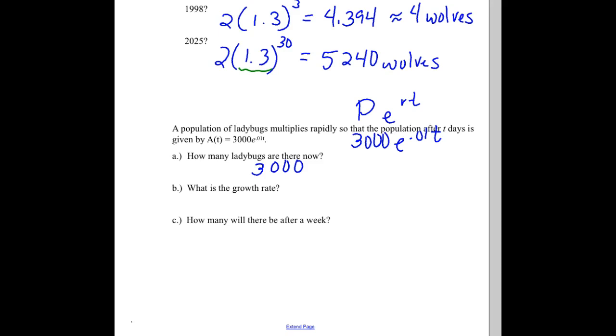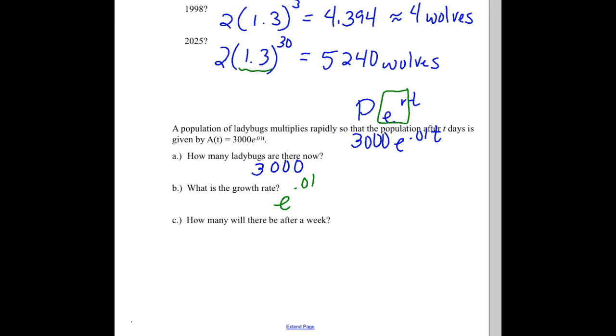Okay. The only thing on the outside of the parentheses there is time. So if we look at this and say, well, P is our starting amount, T is time, this right here is like what we had in parentheses when it wasn't continuous. Okay, so our growth rate is e to the 0.01